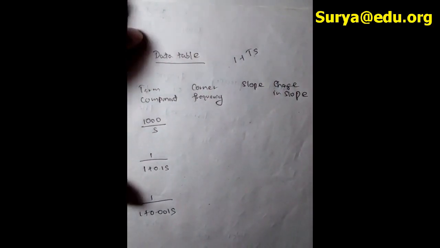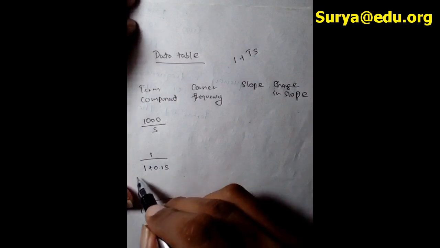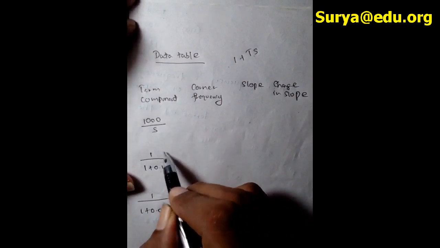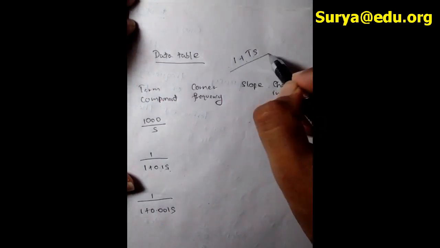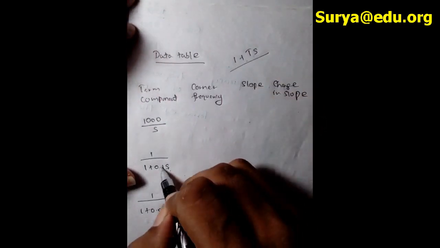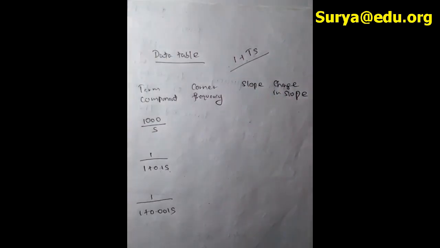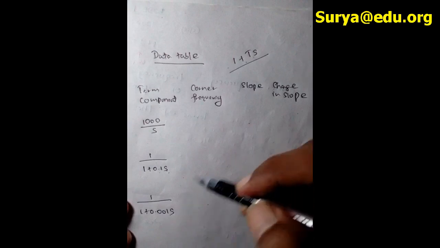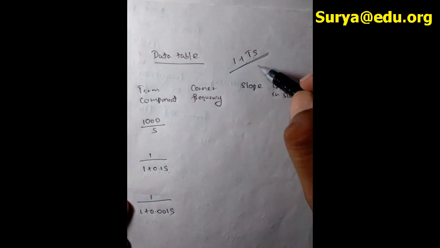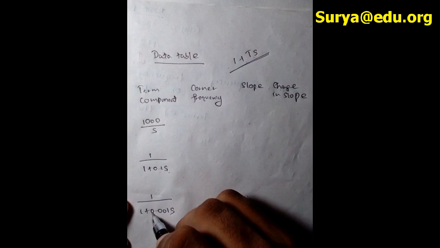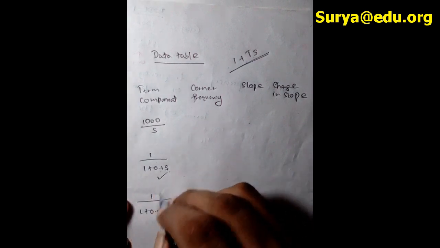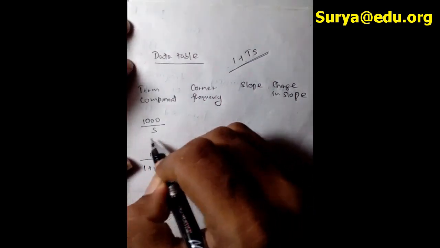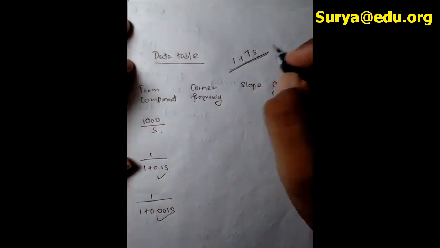So for an example, just look at this. If you look at this component here, you can see 1 plus 0.1 s. That means this is according to the format of this, right? So this will generate a corner frequency. Again, if you consider this part here also, you can see this also takes the format of 1 plus ts. That means this will also generate a corner frequency. This will generate and this will generate, but this will not generate a corner frequency. Reason, this will not take the format of 1 plus ts.